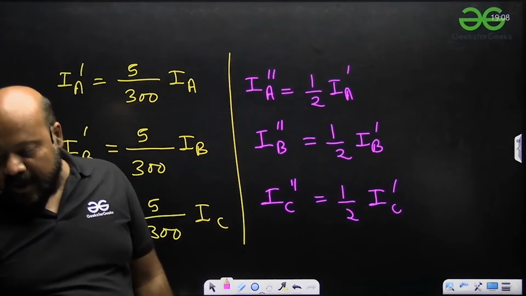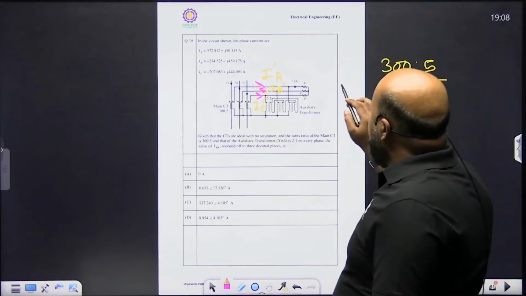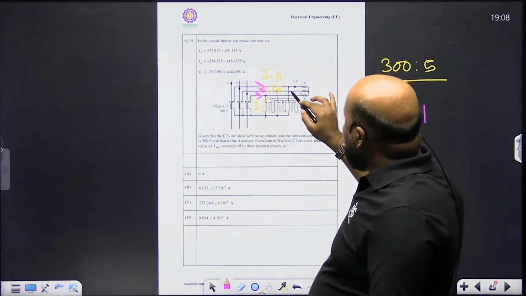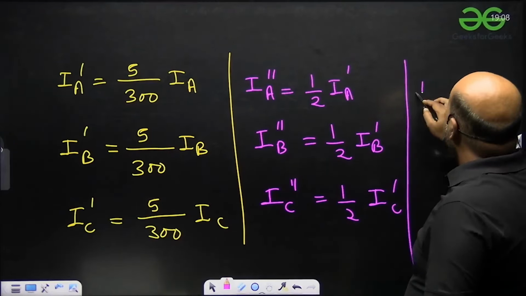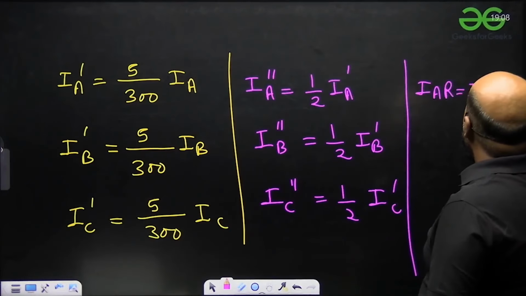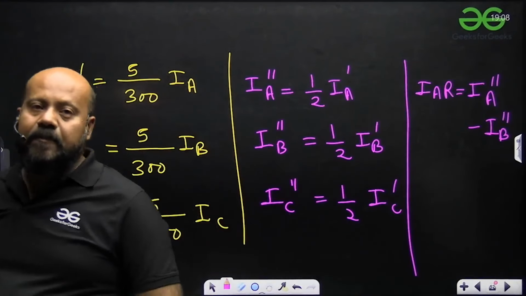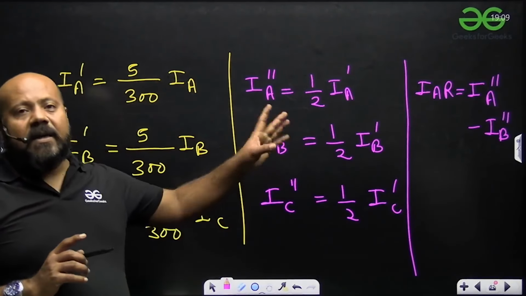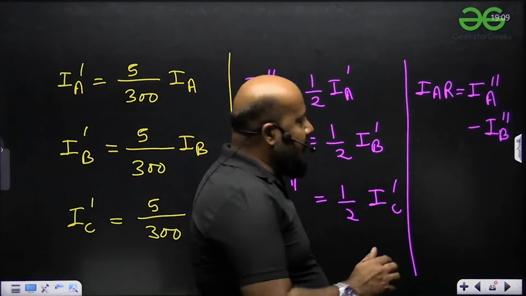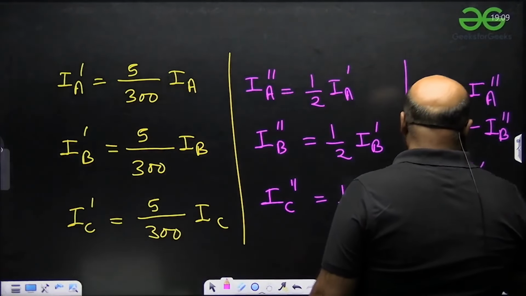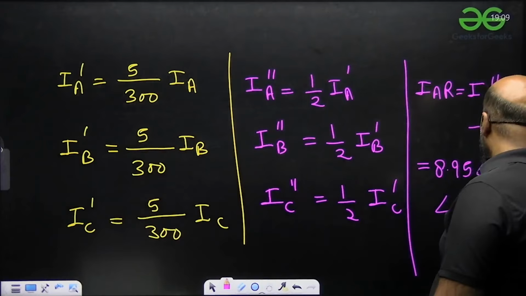अब ये आपको जो ऑक्सिलरी ट्रांसफार्मर है उसकी सेकेंडरी की करंट मिल गई है, लेकिन वो आपसे पूछ क्या रहा है, डायग्राम में देखो जरा, वो आपसे पूछ रहा है IAR। अगर मैं यहां से डेल्टा से देखूं, तो IAR आपको दिखेगा IA डबल डैश माइनस IB डबल डैश, क्योंकि जो लाइन करंट है उसको अगर आप डेल्टा करंट से रिलेट करोगे तो आपको ये मिल जाएगा। अब इसमें आपको वैल्यूज रख के सिंप्लीफाई करना पड़ेगा, जो वैल्यू आपके पास आएगी वो आएगी 8.954, और इसका एंगल आ जाएगा 4.105 डिग्रीज। ये आपका आंसर आना चाहिए।